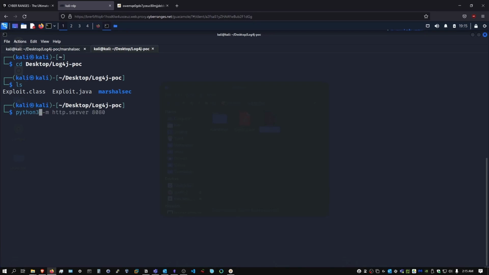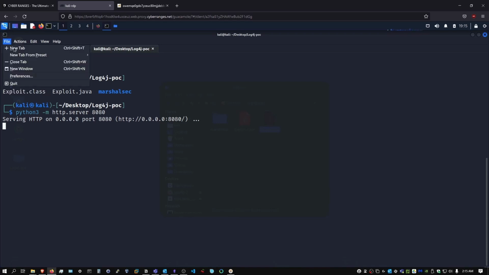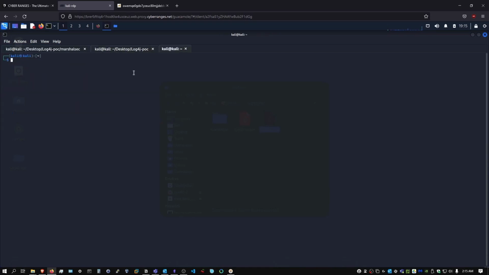So I'll say python3 -m http.server 8080. So there we are. We have a web server that is running on port 8080 and it's hosting all the files within this directory. So the most important thing is that you're hosting the exploit.class file. All right, so now that that is done, we can now move on to the next step,